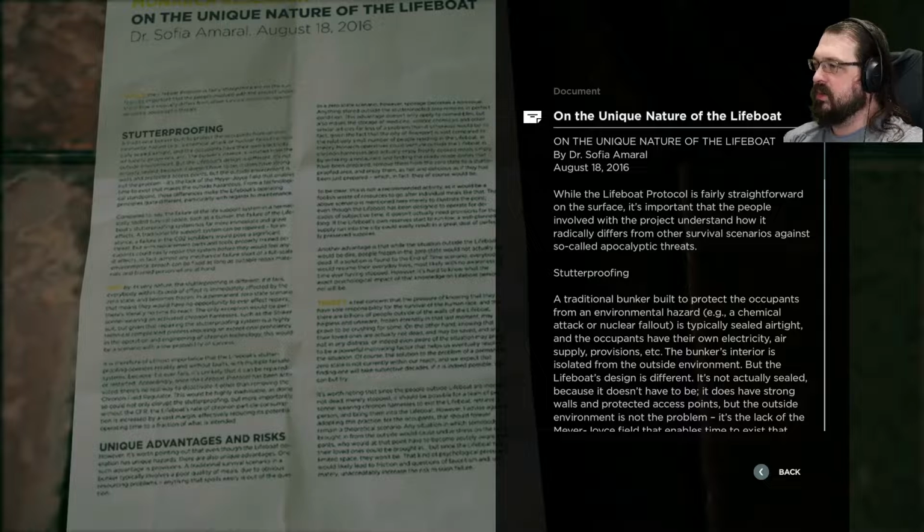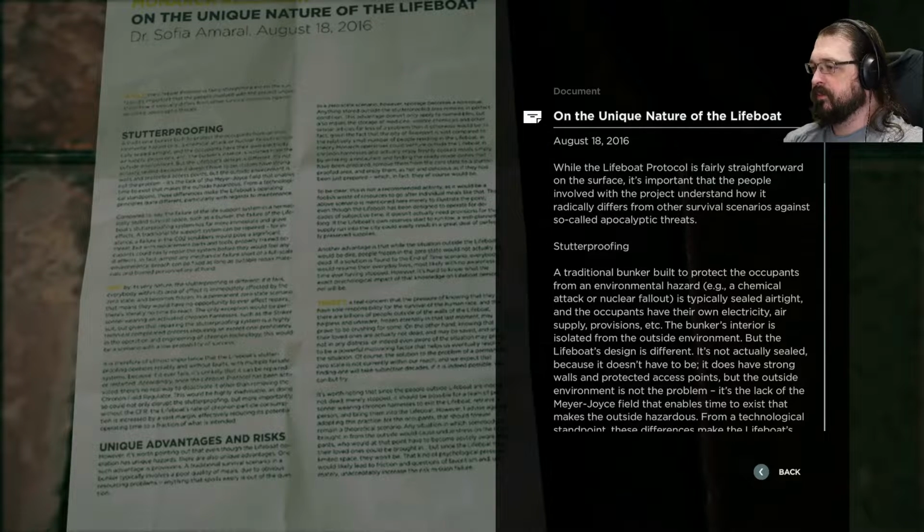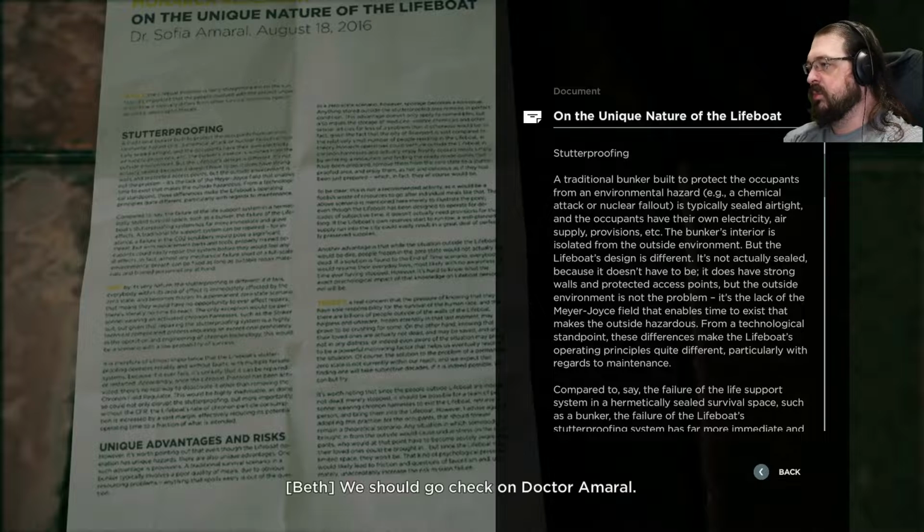On the Unique Nature of the Lifeboat by Sophia Amaral. While the lifeboat protocol is fairly straightforward on the surface, it's important that the people involved with the project understand how it radically differs from other survival scenarios against so-called apocalyptic threats. A traditional bunker built to protect...